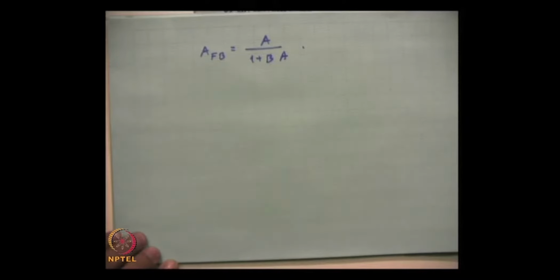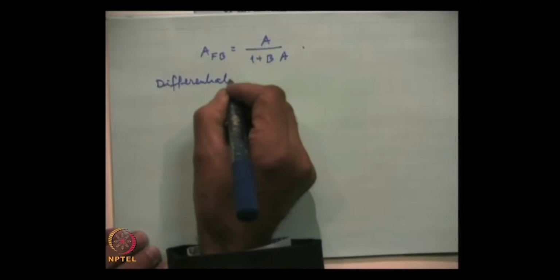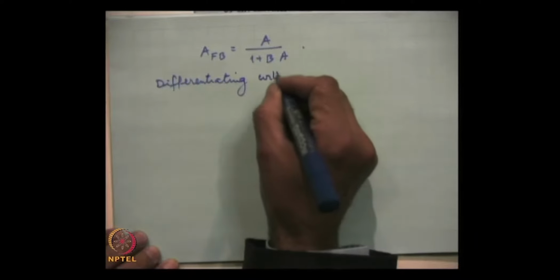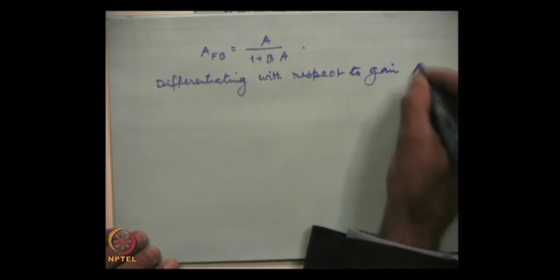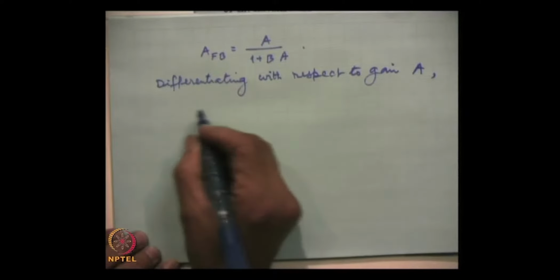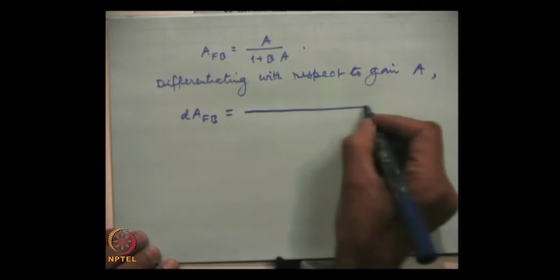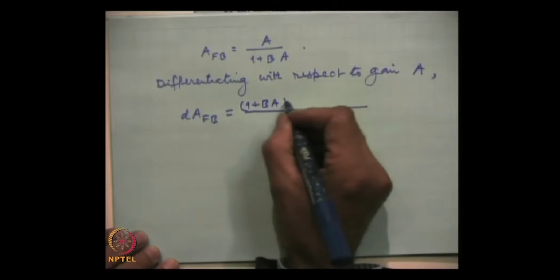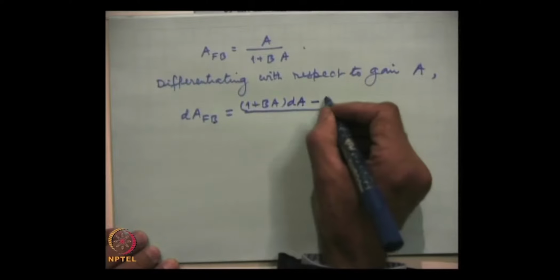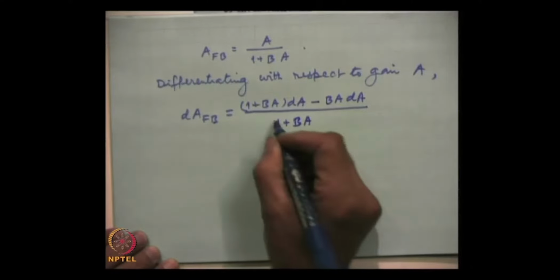We use this equation and we differentiate it with respect to gain A. Then we get (1 plus BA) dA minus BA dA by (1 plus BA) square,